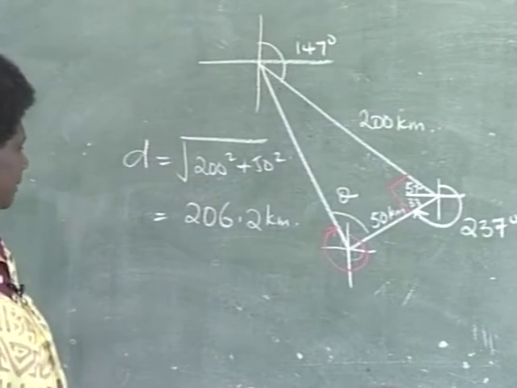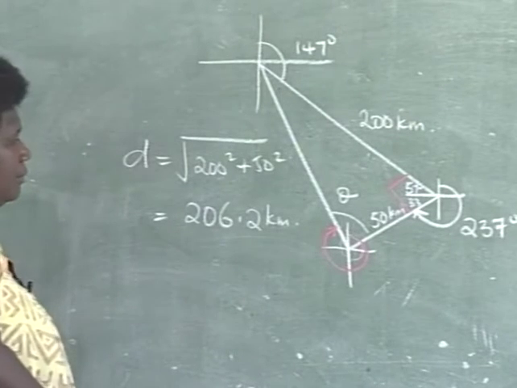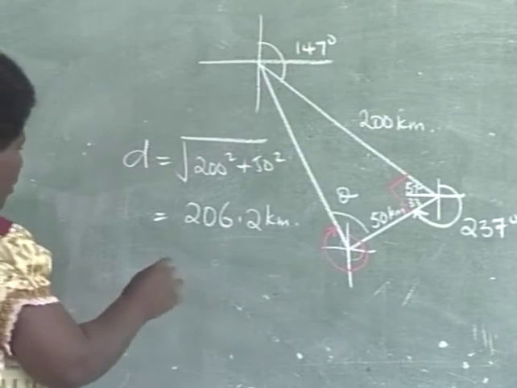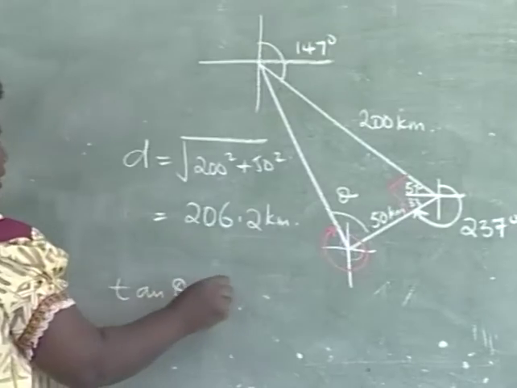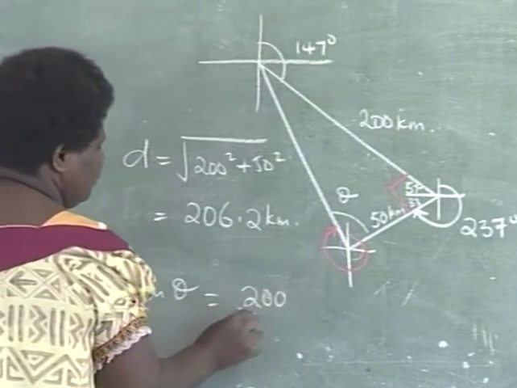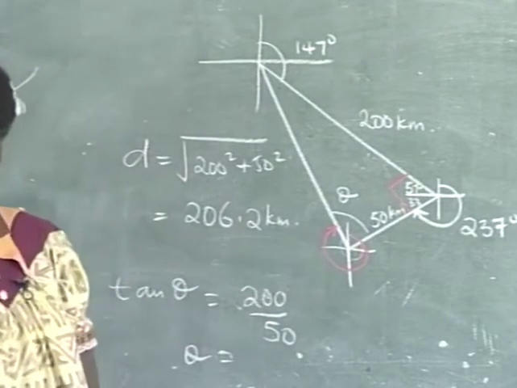Peter, please. Cosine or tangent? Tangent. Okay, tangent of angle theta is equal to 200 over 50. All right, find the angle for me. Theta is equal to